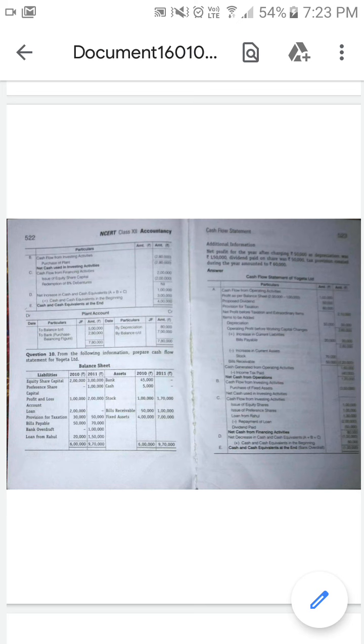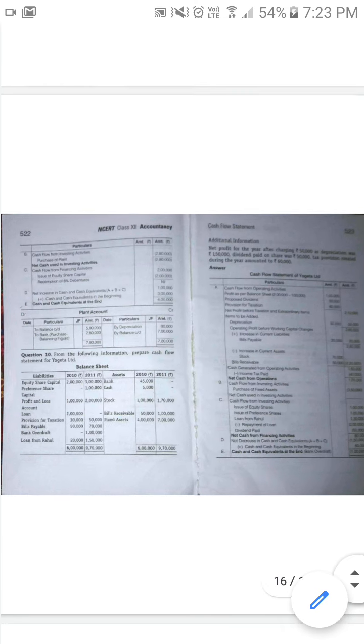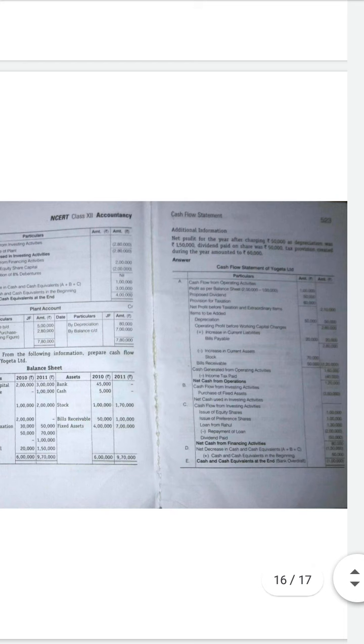So we have to take into consideration the difference amount, how much the amount has increased comparing the last year and the current year. How much amount is increased? 1 lakh is increased compared to 2010. So we have to consider the net profit of 1 lakh. If you see in the problem, they consider the profit as per the balance sheet, 2 lakhs minus 1 lakh, so the balance amount of 1 lakh is included.